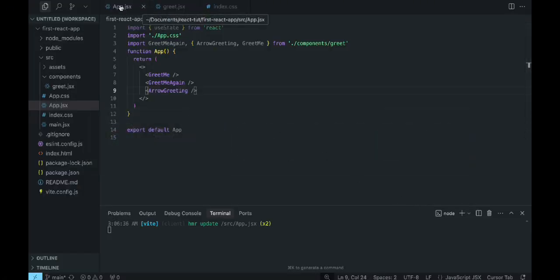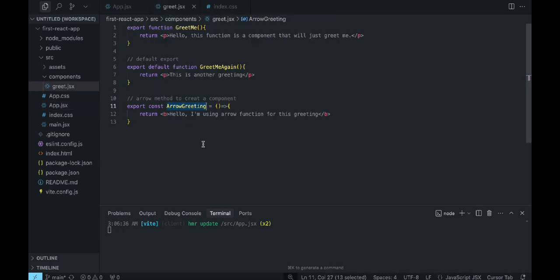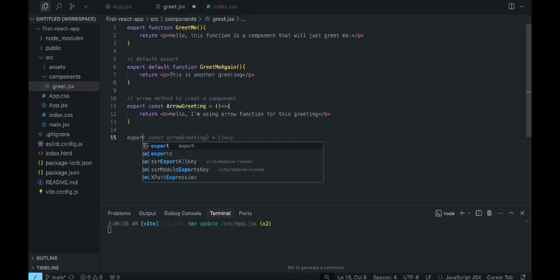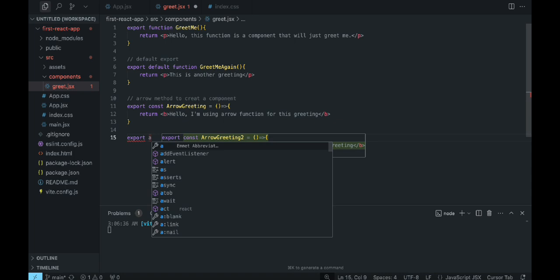So these are the different methods of creating components and different methods of export and import of components in our application. So we've seen how to create all of these components and different ways to create it. But a question comes to my mind. What if I want to create a component? I want to say export const,